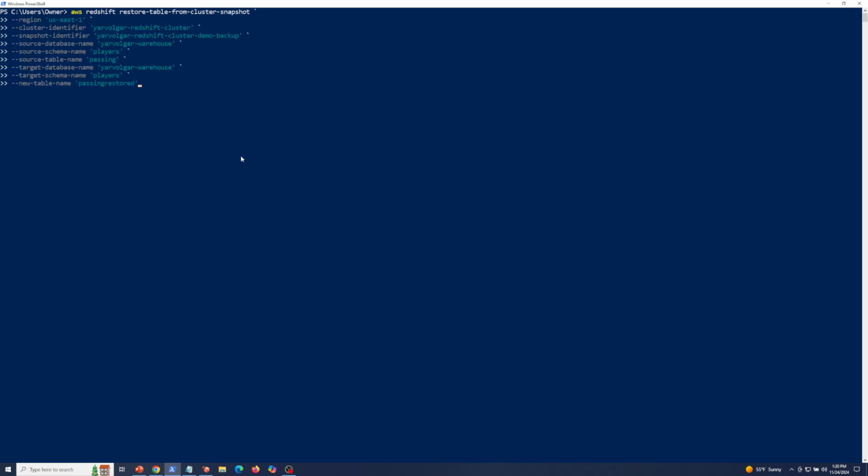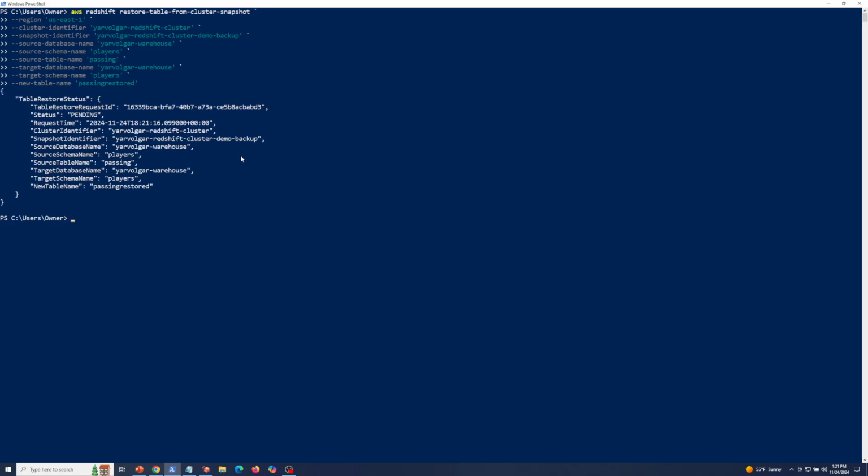This command is a little different. So instead of restoring a full cluster, I'm going to restore one database table back to the database hosted in the original cluster. So by executing this command,